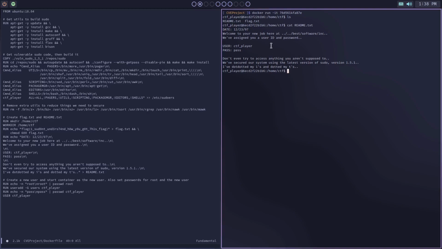It says welcome to your new job here at ../best software inc. We've assigned you a user ID and password. It tells you your user ID and your password, so you can actually use sudo. Don't even try to access anything you aren't supposed to. We've secured our system using the latest version of sudo, version 1.5.1, and I've dotted my I's and dotted my T's. So this is all supposed to hint you towards the solution to the CTF,